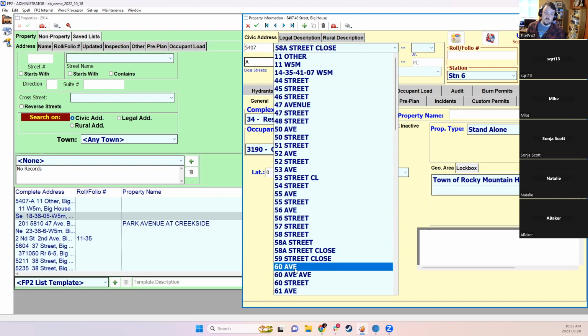Or in this case, we can see we have 60 Ave and 60 Ave. That is not going to be that helpful because from FirePro's perspective, something on 60 Ave and something on 60 Ave are going to be completely different properties, which can result in duplication or inconsistencies when I'm running searches. So the ability to clean up this street names list is a really important aspect of managing your property files